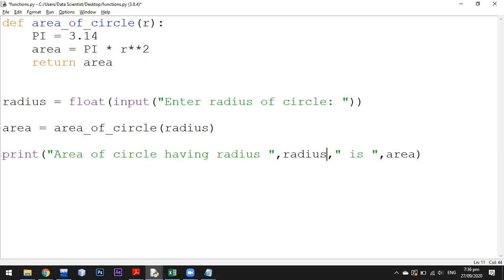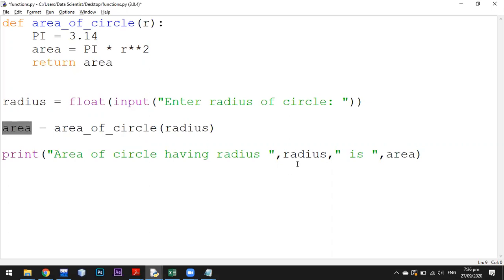Now see, I've made a couple of changes here. Number one, I called the function and I saved it in another variable. Okay, that is the first change. Second, here r was written and I replaced that r with radius. Okay, and then I replaced here area with that variable.